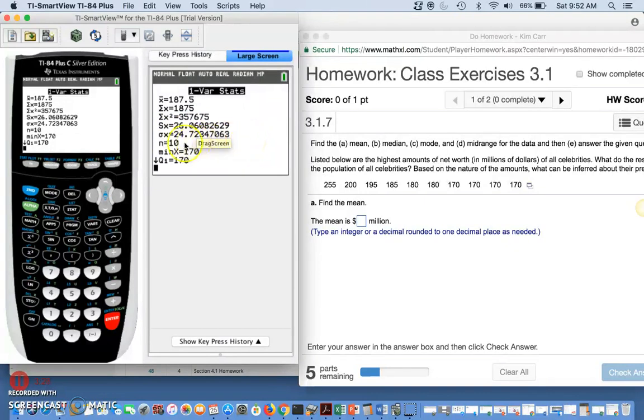N is the number of entries. The minimum value, minimum x, quartile 1, and we'll talk about what quartiles mean as we progress. The median is 180. The third quartile, we have the maximum number. If you keep scrolling,